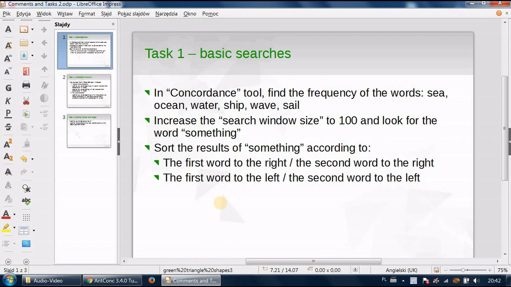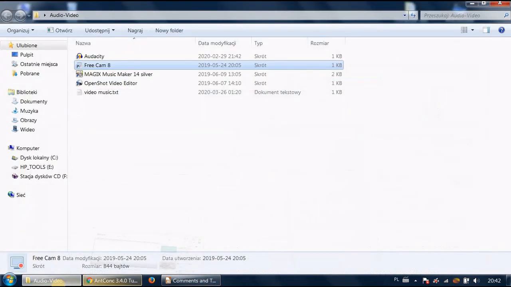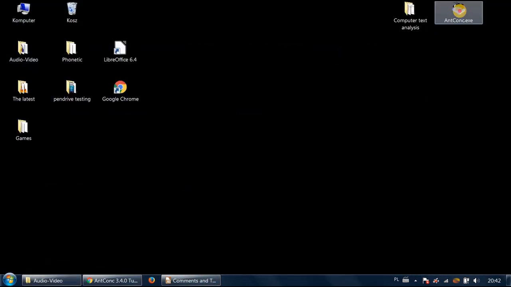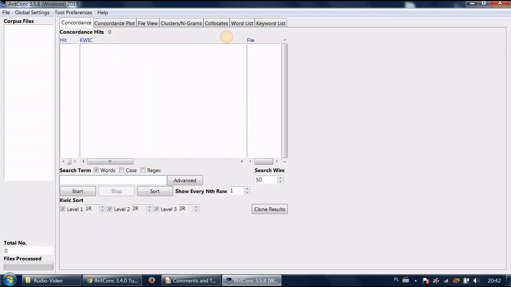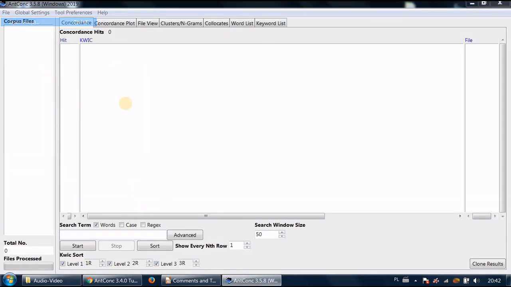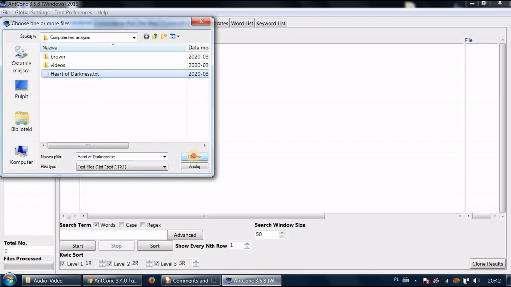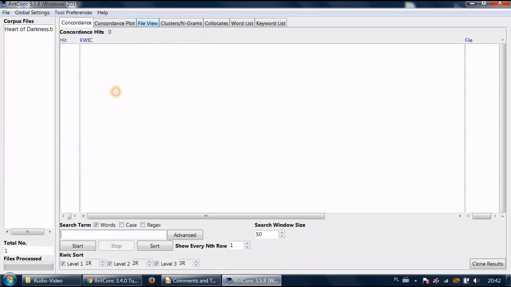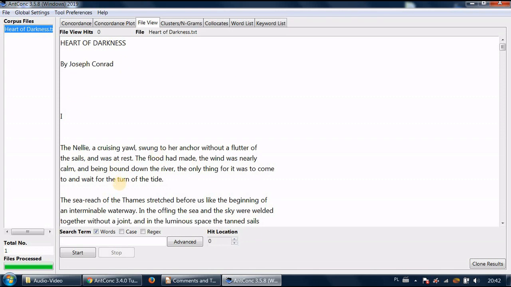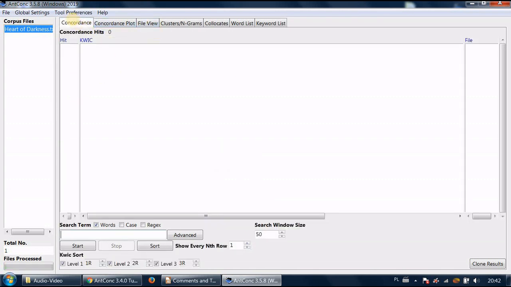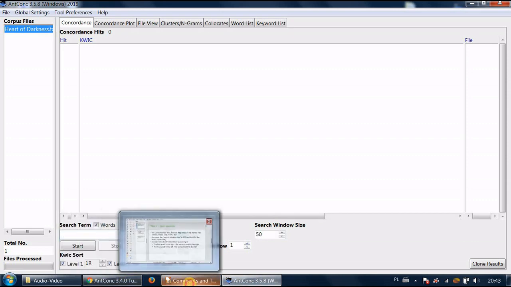First of all, in concordance tool, I want you to find the frequency of these words. Now, obviously, let's open AntConc. And I want you to open our Heart of Darkness file. Let's see whether it's loaded correctly. Here it is. Okay, and let's go back to concordance tool here, and I want you to look for these